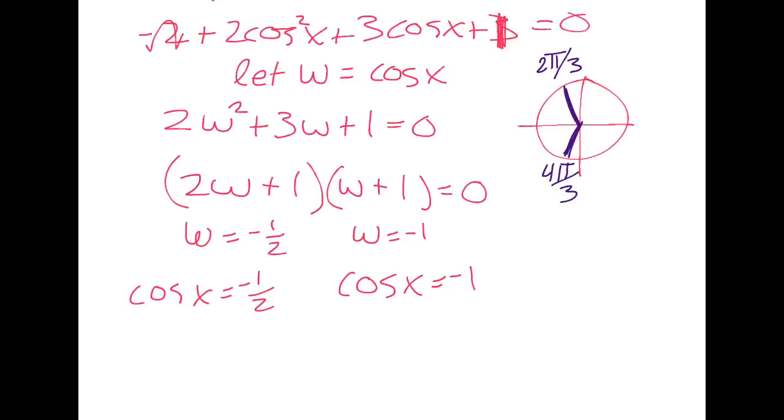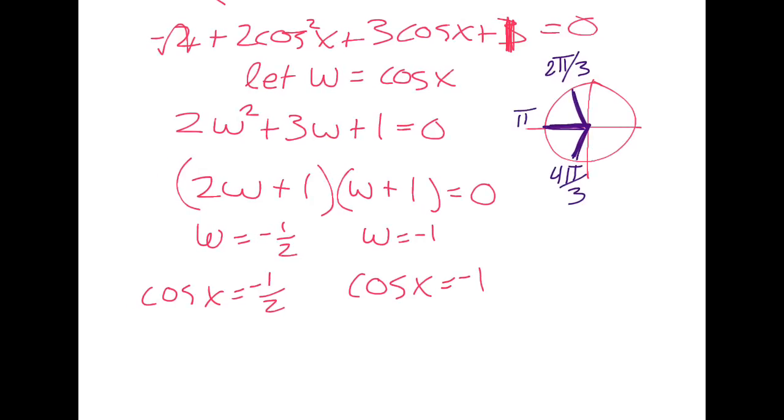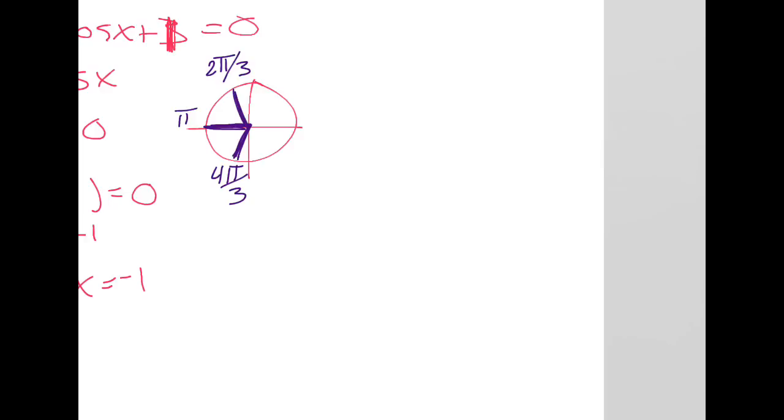And then when is cosine equal to negative 1? Well, that's going to happen right here at pi. So those are my solutions, but again, I need to express them as some multiple of a full cycle, 2 pi, plus that solution. So we need to say that one set of solutions is going to be x equals 2 pi over 3